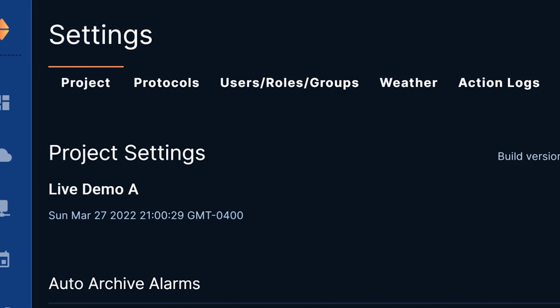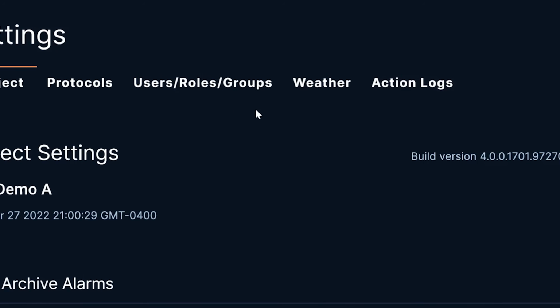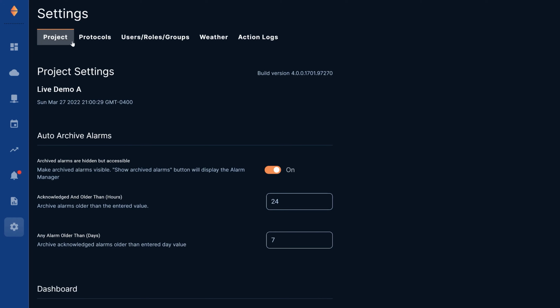On the Settings page, you see a number of tabs across the top. Let's go through each one. The first tab you'll see opens automatically when you open the Settings page and is related to General Project Settings. The first section displays the name and time zone of the project. The next section is related to setting defaults around archiving alarms, a helpful feature particularly for larger sites where more